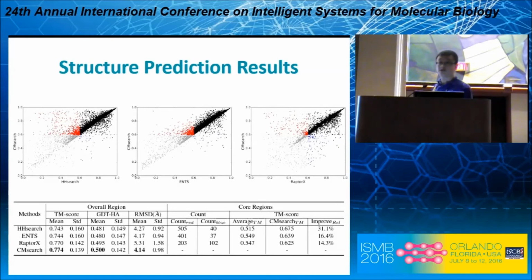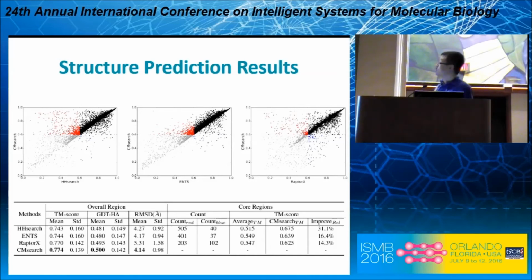So the next question to answer is that, although CMsearch can hopefully give you better homologs among the top K predictions, does that necessarily lead to better protein structure models to be generated, which is our final goal? In order to answer that question, we asked every single method to return their top K predictions. And we use MODELLER to generate one model for each of those top 10 predictions. And then we chose the best model among the top 10 for every single method.